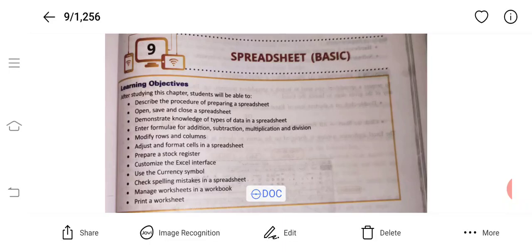But from now onwards, whatever questions I tell you to write in your IT copy, you have to write those as your IT work, and you have to maintain the work as per date. And one more thing, students, in this